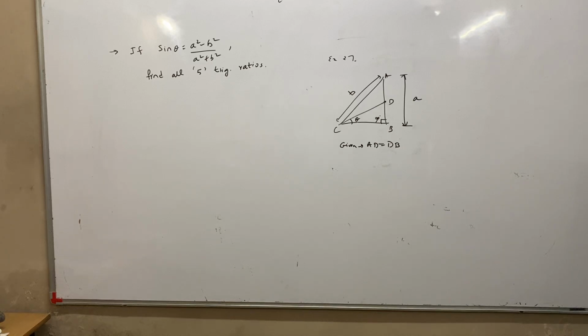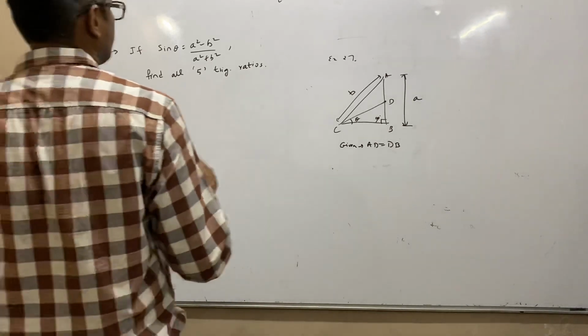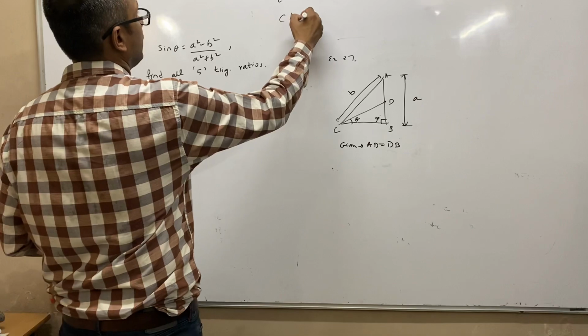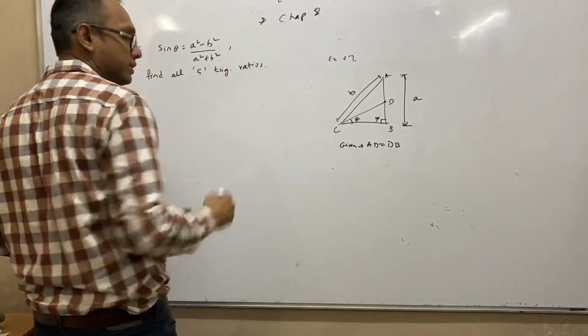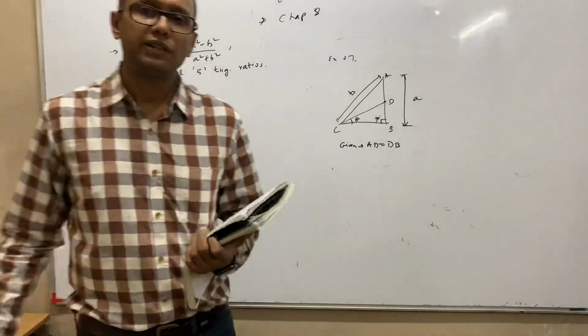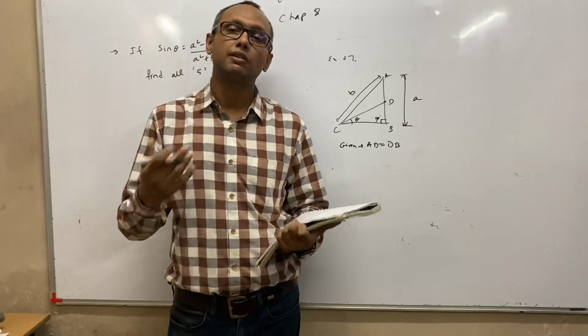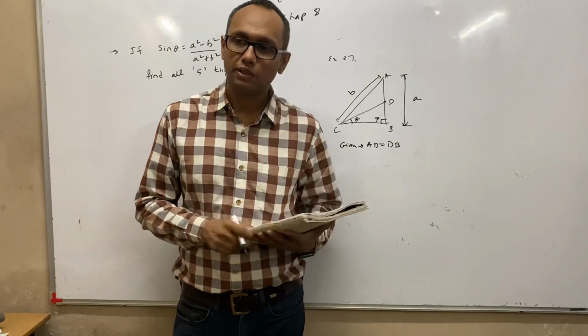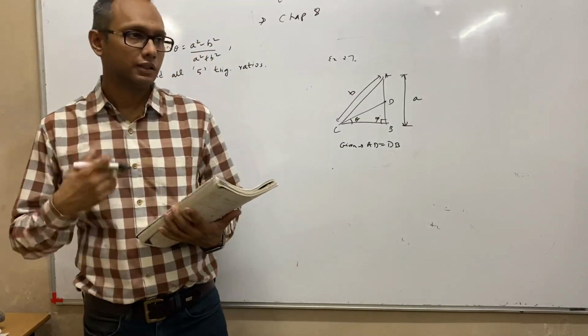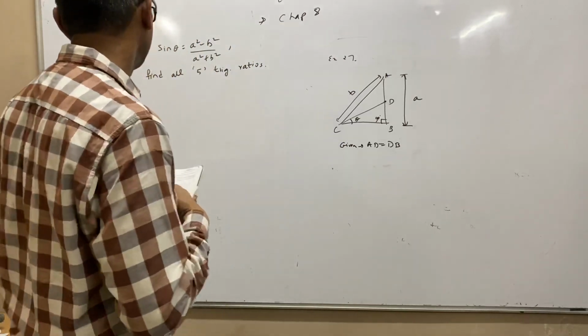Okay, children, now we will come back to chapter 8 and we will have a look at the extra sums now. In chapter 8 we can do, if you want, extra sums for 2-3 months also, because there are a lot of sums, but we will be doing some selective sums, and then of course we will start the next chapter.